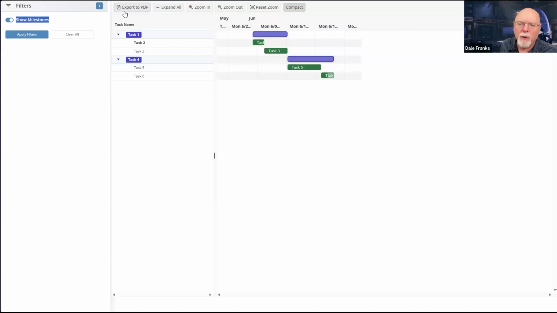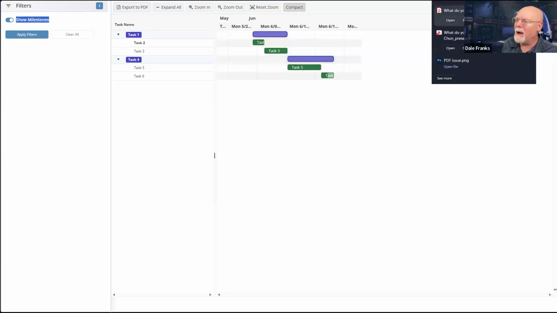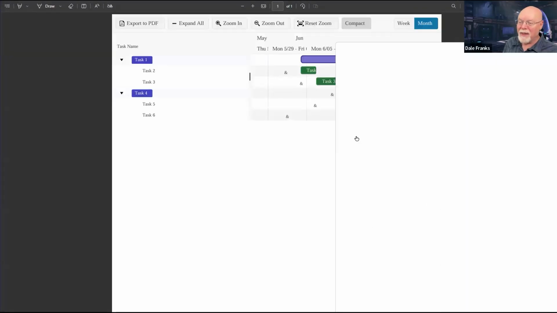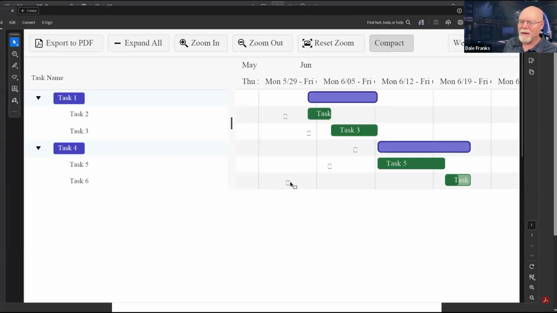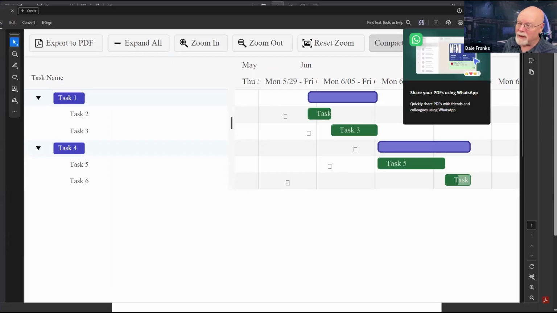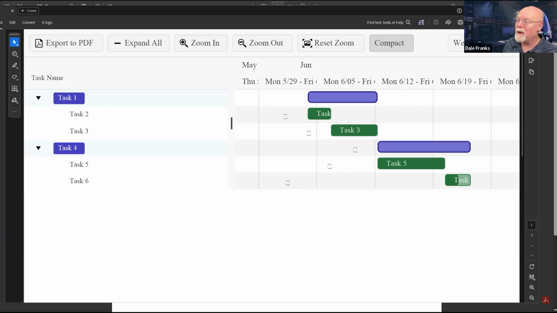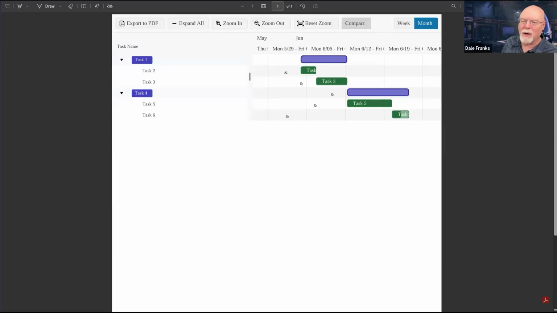There is an export to PDF button, which will, if you click it, export the Gantt chart to PDF. There's my Gantt chart in PDF. I'm not sure what those bars are. This is obviously a development server, but it does export to PDF. So as you can see, it actually works.